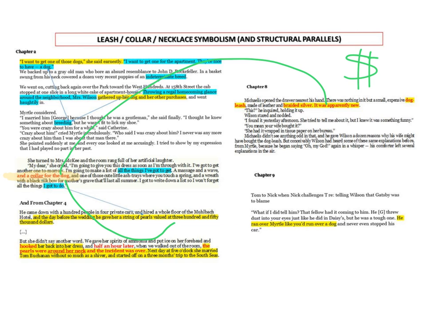These last two quotes here are obviously reinforcing this kind of motif that runs throughout it in terms of collars and leashes. Chapter 8, "Michaelis opened the drawer," and we are shown the dog leash made of leather and braided silver. So again, you've got ideas of not exorbitant or crazy wealth. Silver is obviously not the same value as pearls, but it still has connotations of cheaper money.